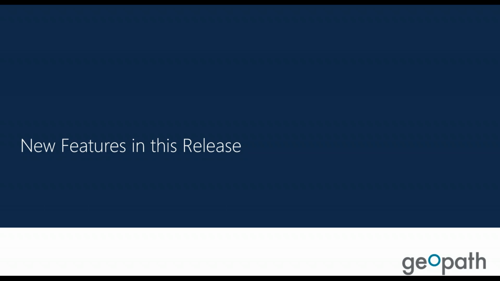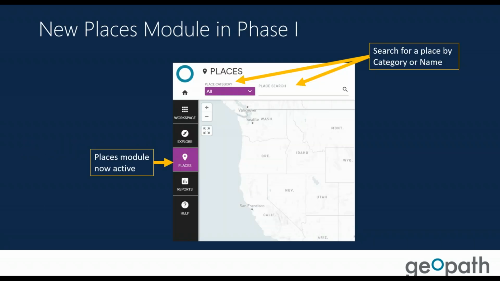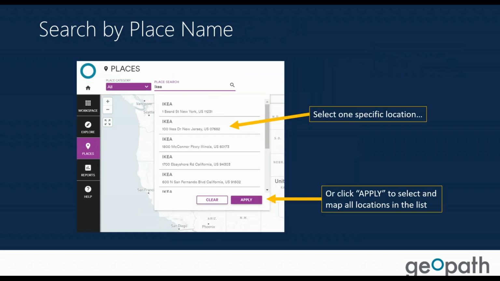But one of the key things with these monthly sessions is really to talk about what's new since the last session. One of the key things you'll see in the tool, if you logged into it in the past and are now logging into it again, is that the Places module is now active. So we have points of interest all across the country, and you can search by specific place or at a category level. I'll show you how to do that, and here's a screenshot